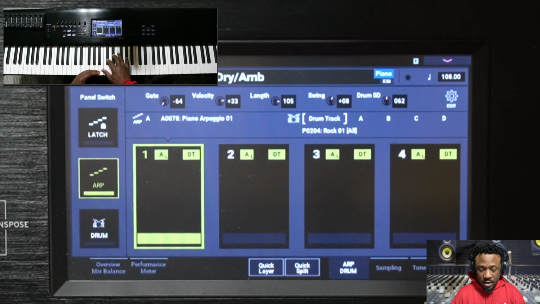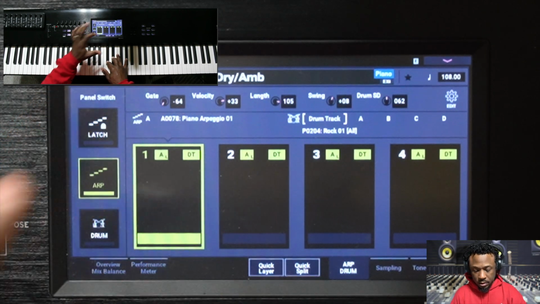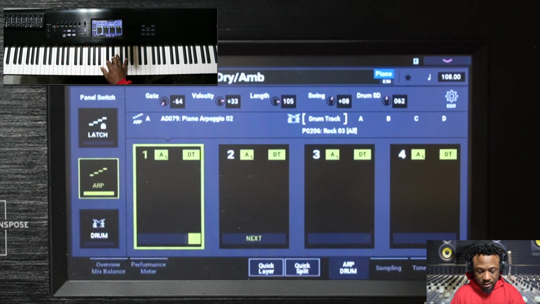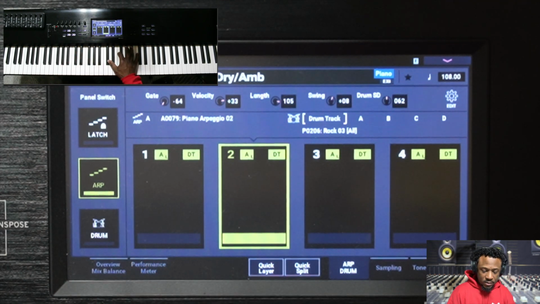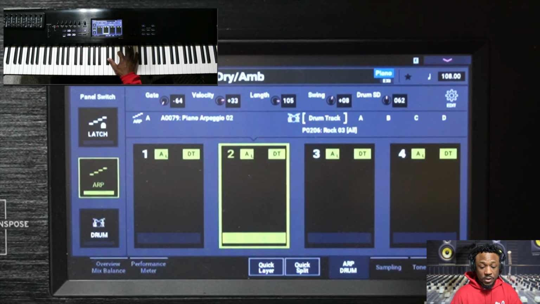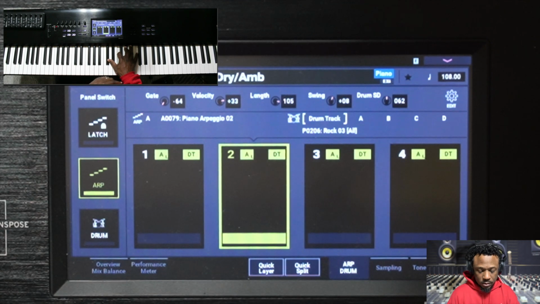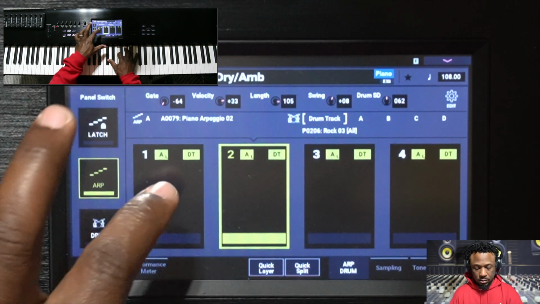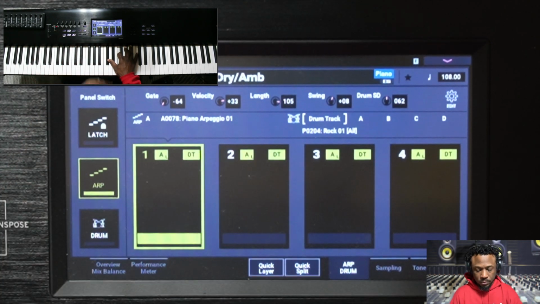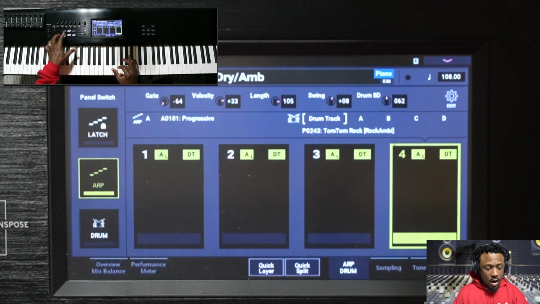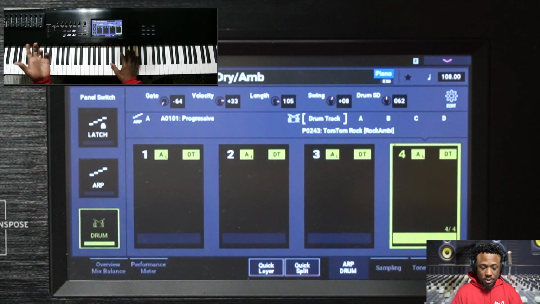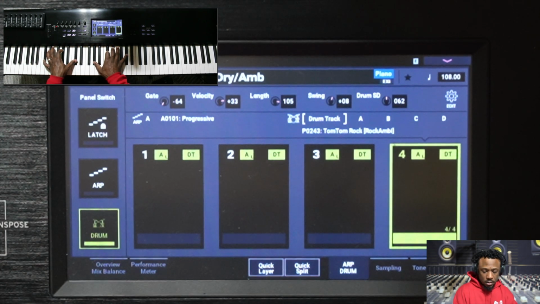Watch. So if I play, watch, it says next, and then that little timer just started going down to let me know this is how much time is left before it starts to play. Watch. Next, boom. Next, boom. All right, so that's with the ARP, and it does the exact same thing with the drum track. So if we're playing with the drums,